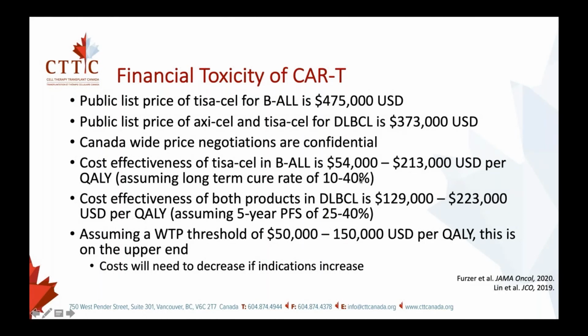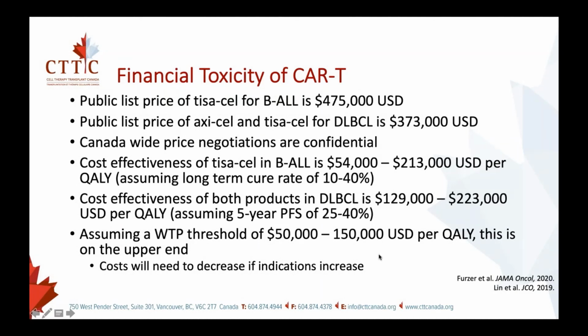This is actually quite high, and if we assume a commonly assumed willingness to pay threshold, so that's WTP, of somewhere between 50,000 to 150,000 US dollars per quality adjusted life year, you can see that these costs are really on the